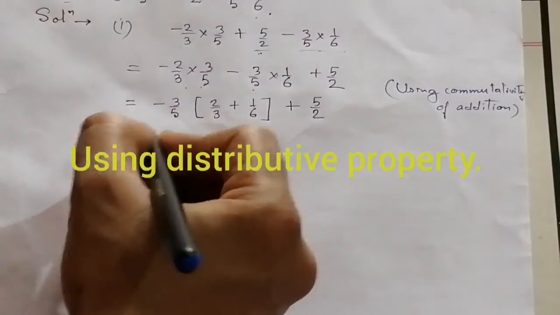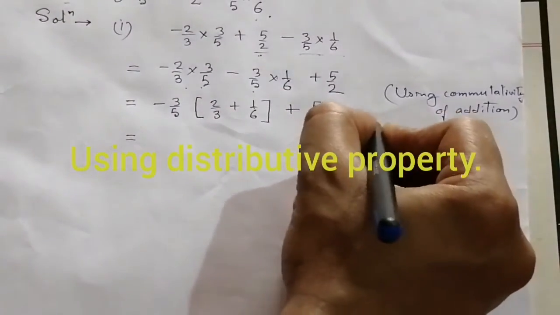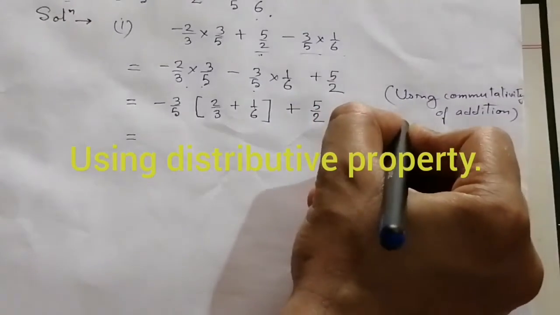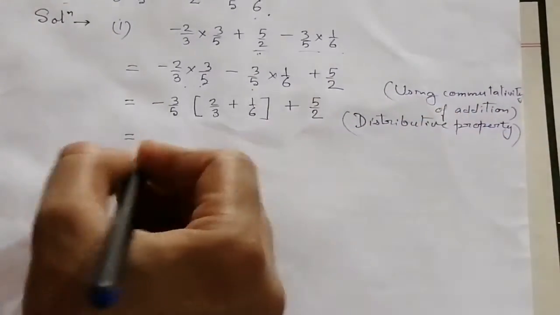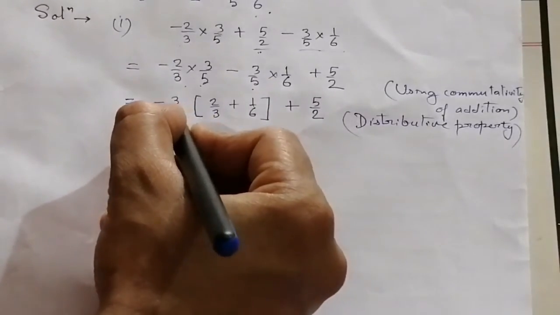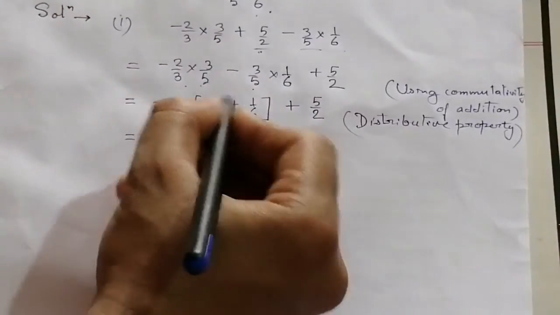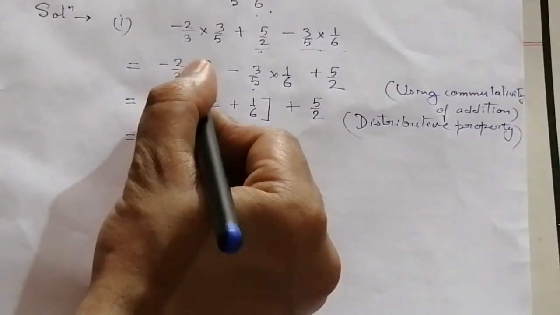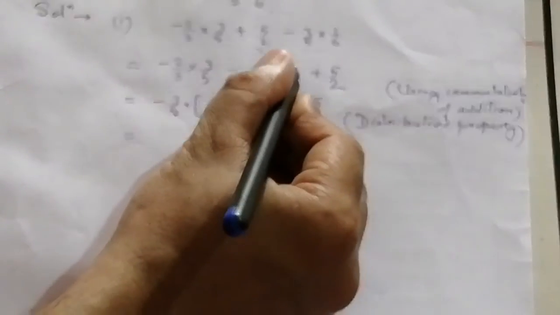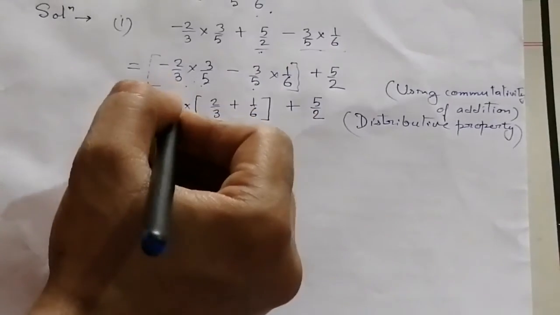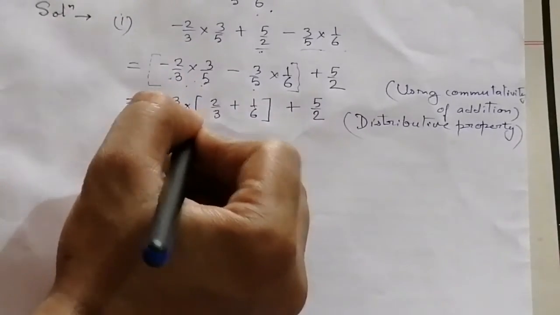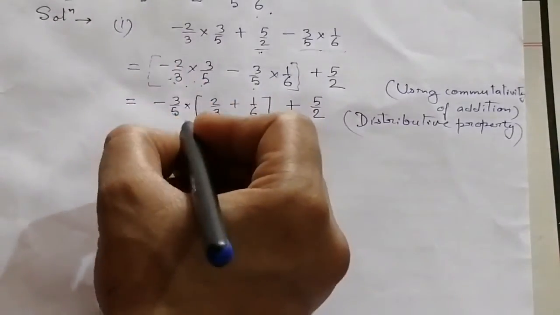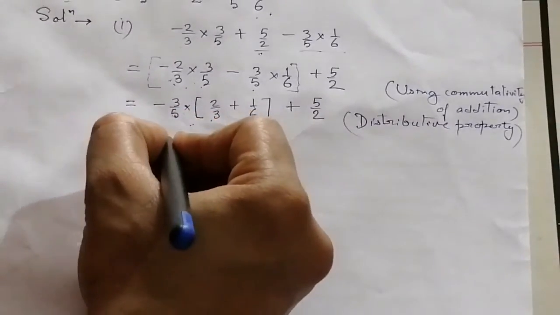And now here we use distributive property, so we have to write it distributive property. Okay, because when we multiplied it using distributive property, we will arrive at this expression from here to here. Okay, so you can cross check. So this expression can be written as this one, and this can be written as this one, and after that we need to solve it using usual method.